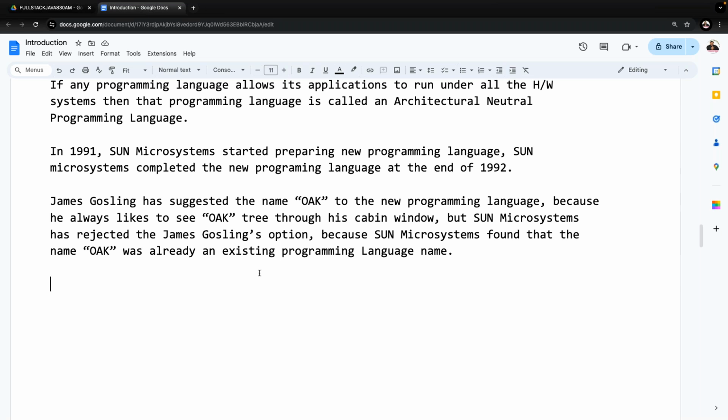Why? Because at the end of 1992, there were so many programming languages, and one of them was named Oak. If you give the same name again to the new programming language, you may lose its identity. Everybody would think this is an extension of the old programming language only. That's why Sun Microsystems rejected that name. Later on,